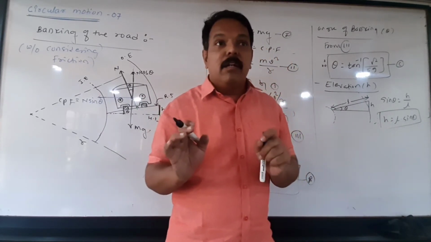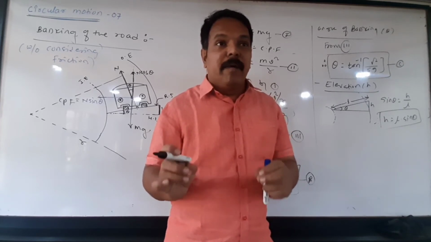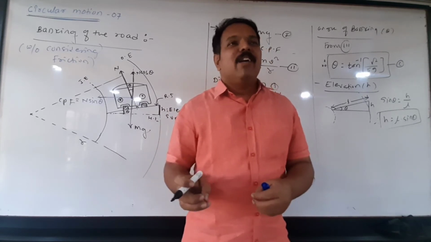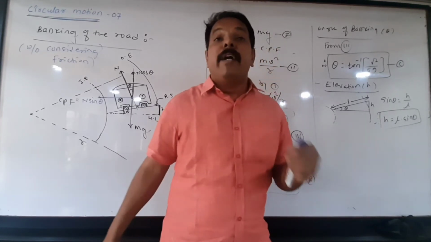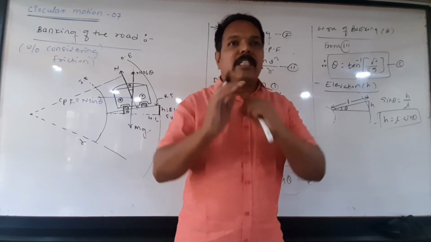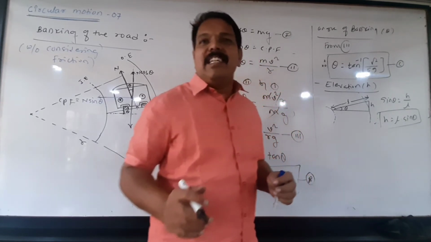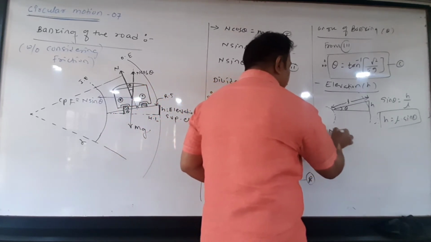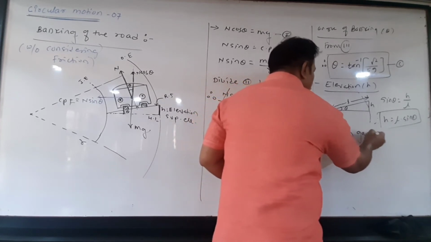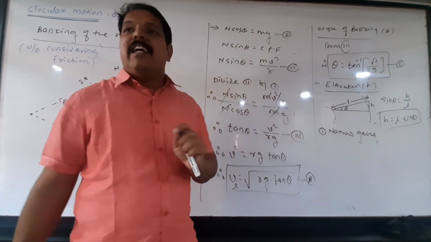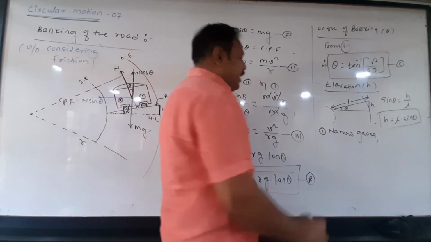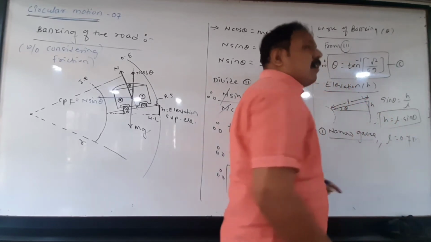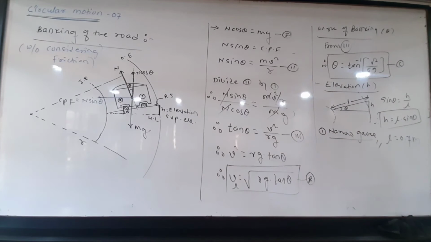Now remember that if the numerical problem is concerned with the railway, in case of a train, most of the time L is not given, the width of the road is not given, but some code words are given which are very famous in the case of railways. Which are the code words? Number 1, narrow gauge. It is given that it is a narrow gauge train. Narrow gauge means the distance between two rails is equal to 0.7 meter or 70 centimeter.